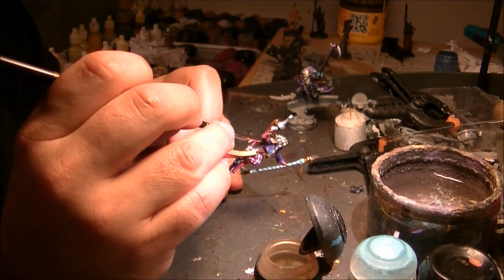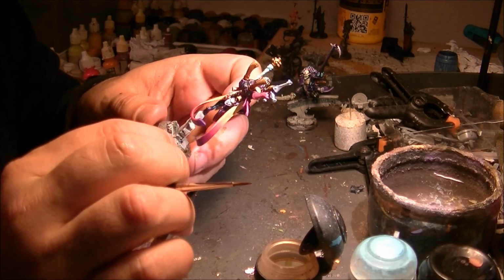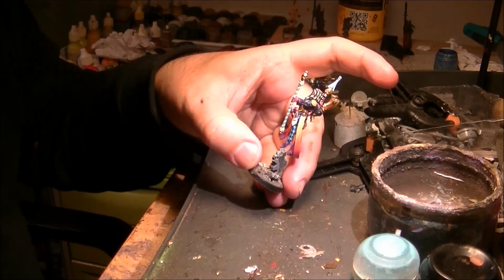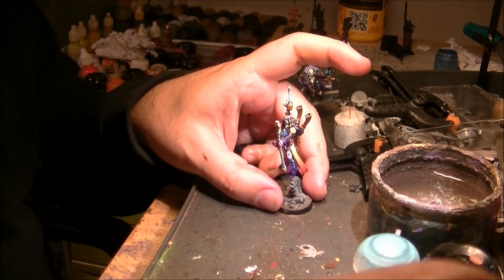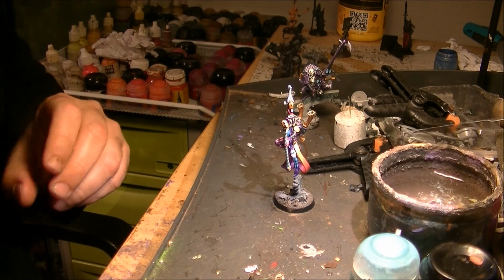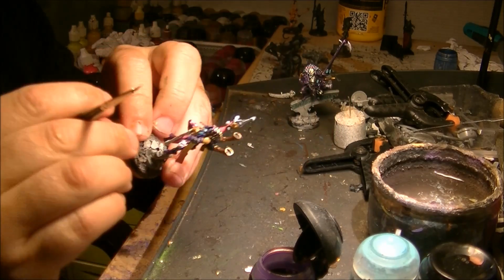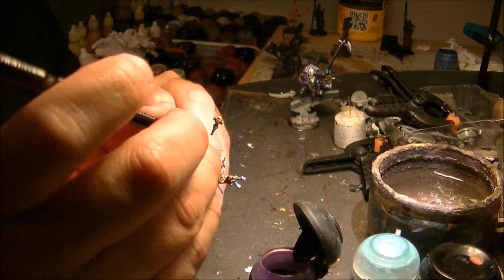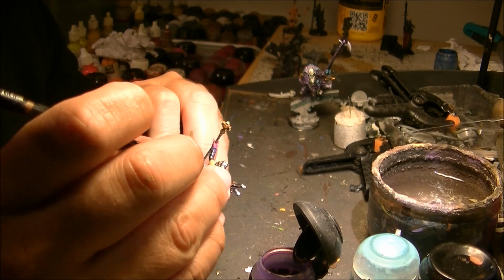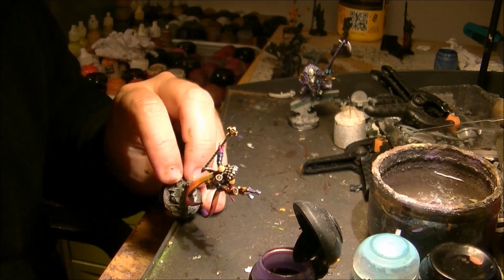Right here and here. And now we wait until this is dry because I want to do a second wash on top of these parts. So now that the wash is dry, I will do the second wash as I did with the other gold. I will use the Druchii Violet, but this time I will also wash the metal. So we'll start with the gun. What I mean is that I will apply this wash to give this violet purple finishing to the